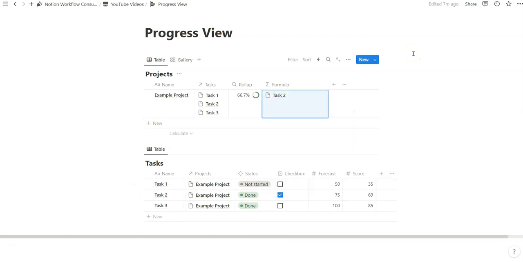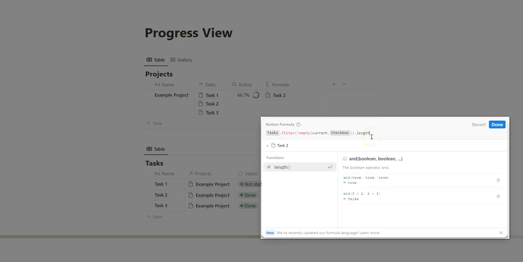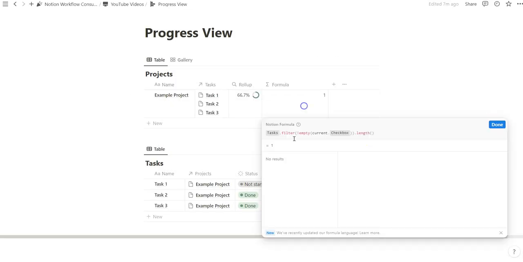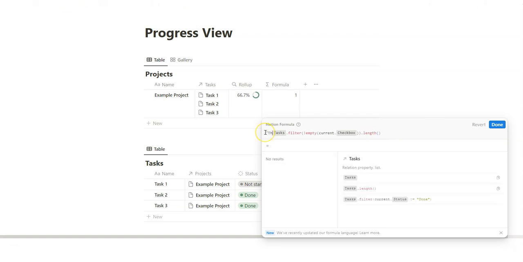In this case, we can just see the name of it, but because we want to see the number, perhaps, of how many of the tasks out of this project are complete, we can specify by number, say dot length, open and close. So we have one. So it's just saying one task. Now what we can do with that is how many of these tasks exist within this project, which is also helpful. So what we can say is there are, add that text, plus, and then space to add that space